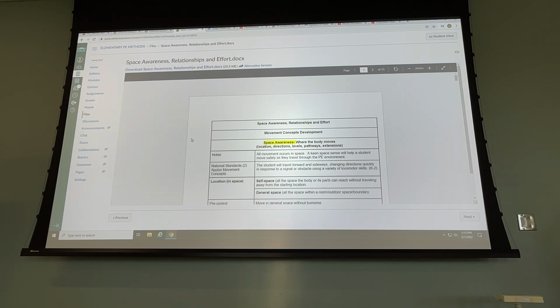So I read the book. It took me about 4 hours to put all this information on this sheet. So I did my due diligence, and I'm trying to prepare you to be successful at Cape Fear. And one way I can do that is giving you the resources, one, directly from the book, not making things up, right? And two, using this wheel so you understand relationships, spatial awareness, and effort.